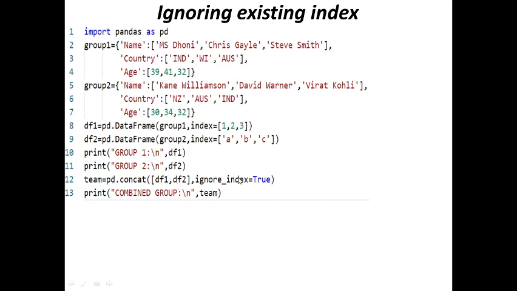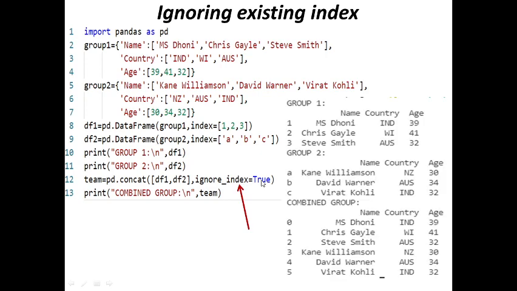Here ignore_index value is True. By default its value is False. When we don't specify it, its value is False. But here we have specified it as True. So the resultant data frame will be like this. Here the first data frame index values are 1, 2, 3. For the second data frame index values are A, B, C. Now in the resultant data frame we don't want these index values, right?